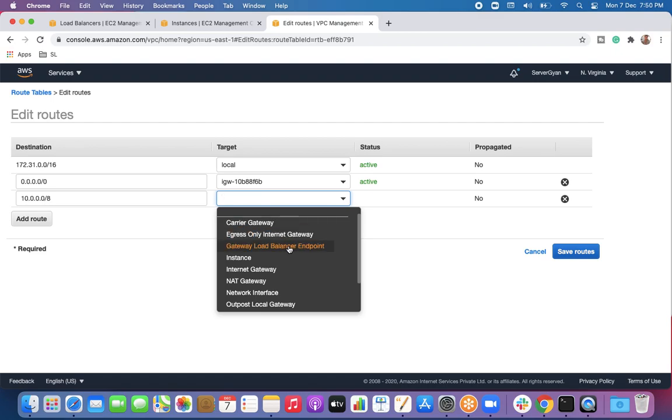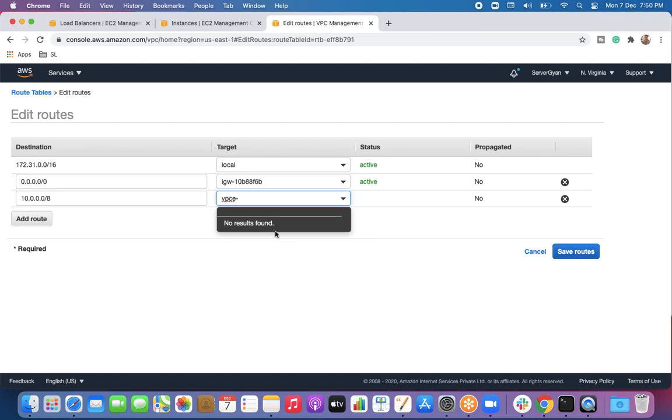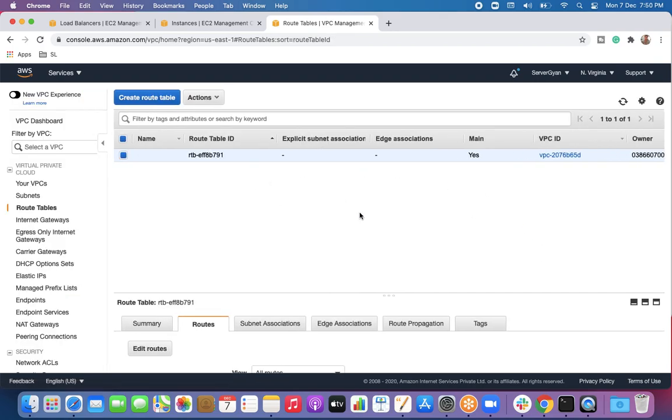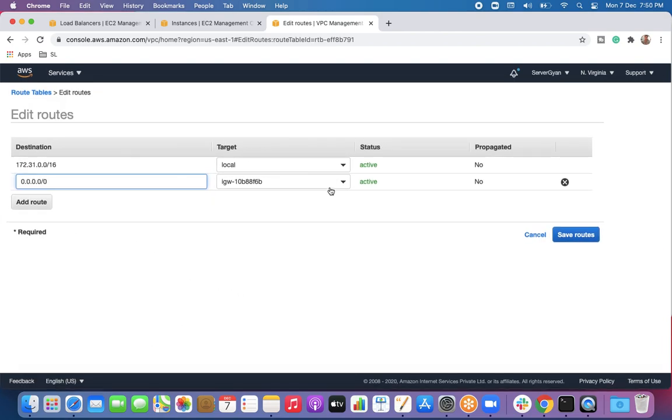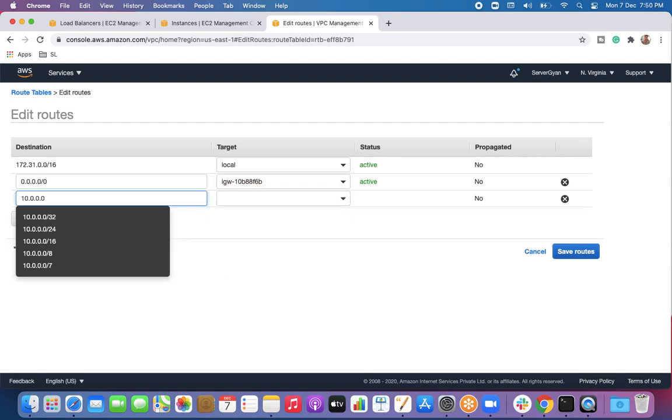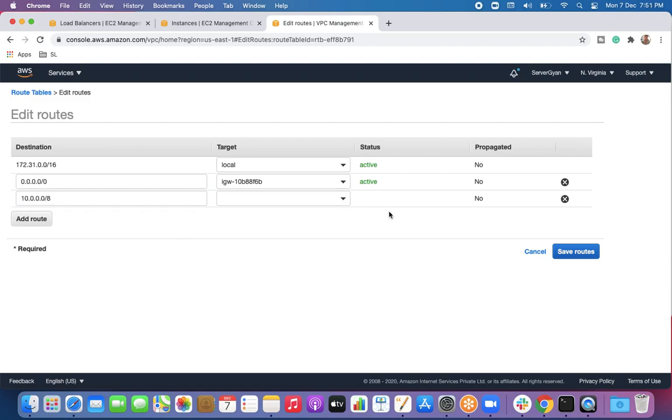So, gateway load balancer as endpoint. Right now we are going to select that, the gateway VPCE. Just a moment, that should appear here. Let me refresh it. I'm going to refresh because that is the particular gateway endpoint which we can enter here under our route table in order to send traffic from one location to another. Okay, we have internet gateway, and 10.0.0.0/8. This is what we are going to select here.